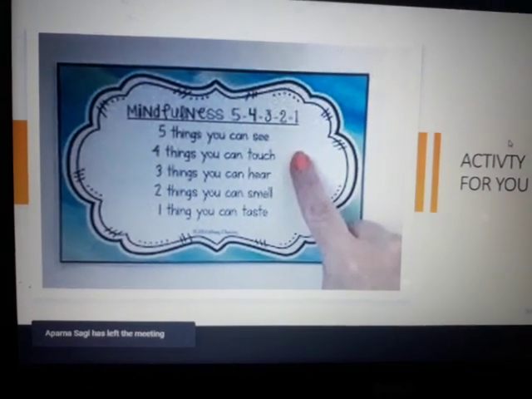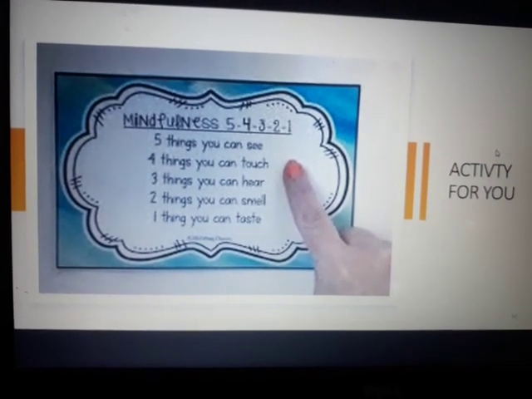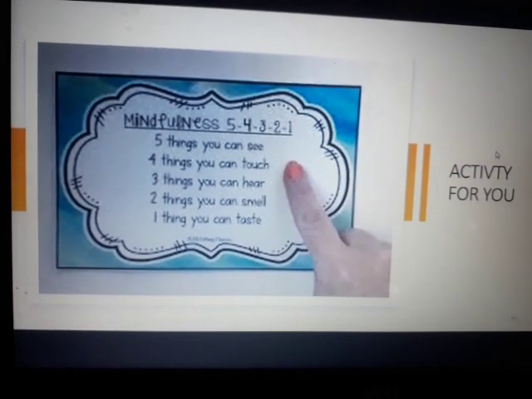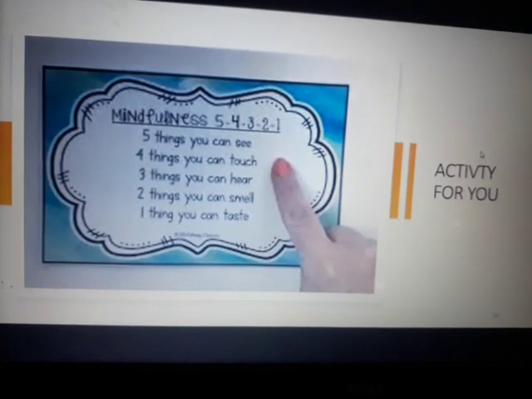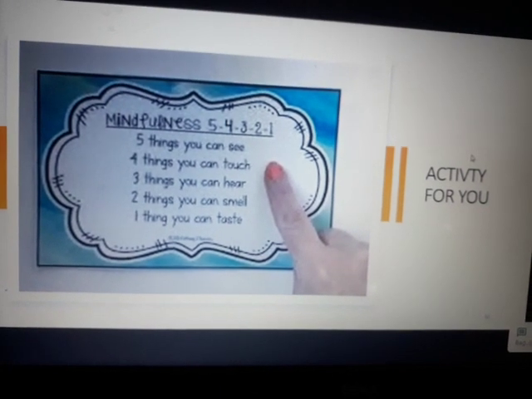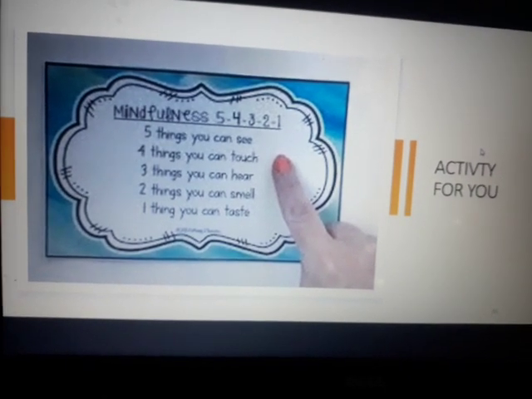Then you think of 4 things that you can touch. You can touch the door, you can touch the laptop, the desktop, maybe you can touch the switch, maybe you can touch the notebook, the pencil that you are holding in your hand. Now can you